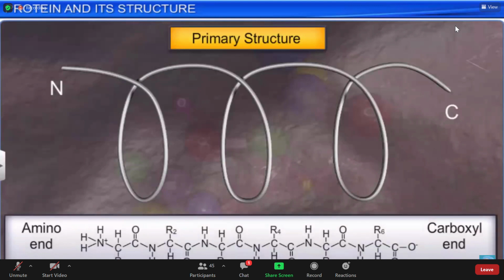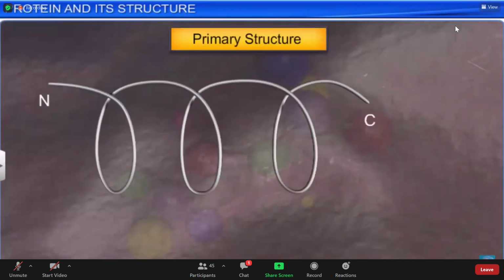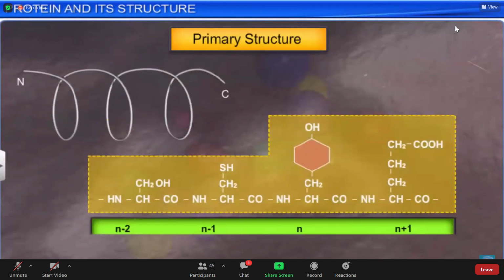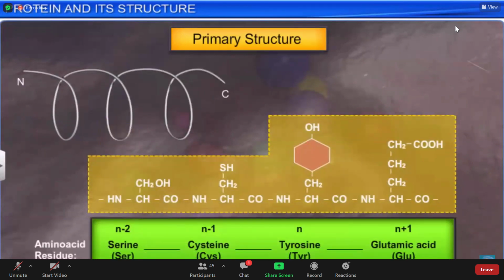Hypothetically, a protein is a thread formed by amino acids, where the left end is represented by the first amino acid, or the N-terminal amino acid, and the right end is represented by the last amino acid, or the C-terminal amino acid. The protein thread is represented as a horizontal straight line so that the position of the amino acids can be determined.